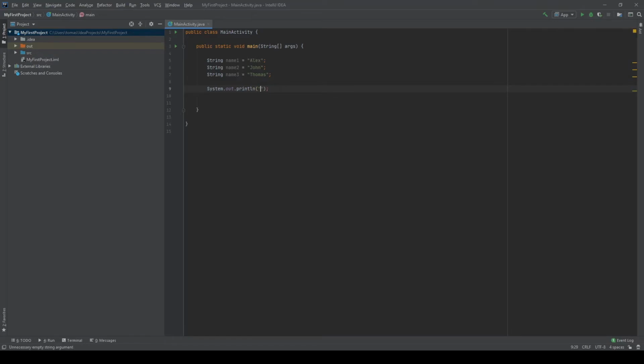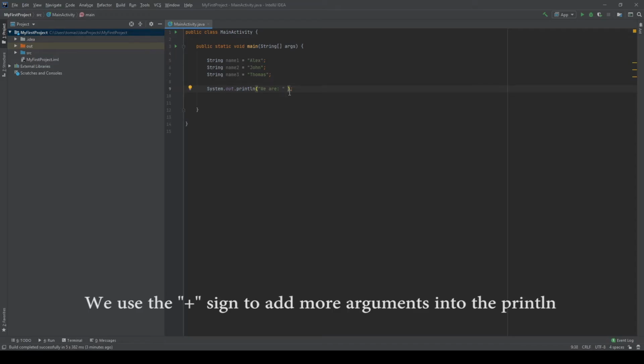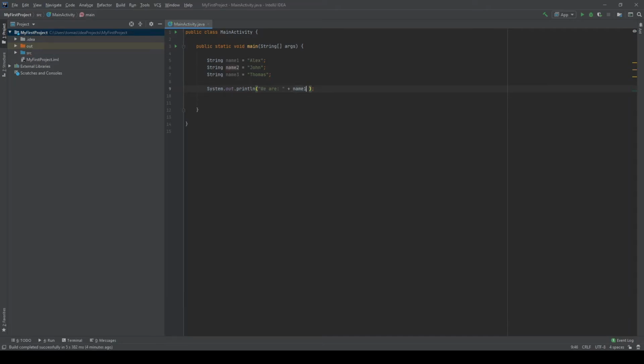We're going to start with the double quotes and just type "We are" and then a colon. What I like to do is keep a space between all of those because it helps me get organized. So I just put the semicolon, space, plus, then space, name1 plus space, name2 space plus space, name3,